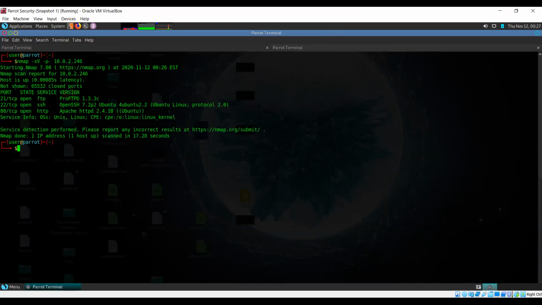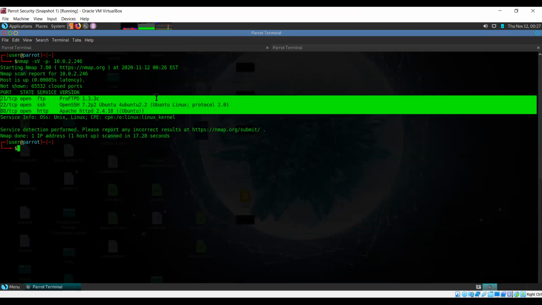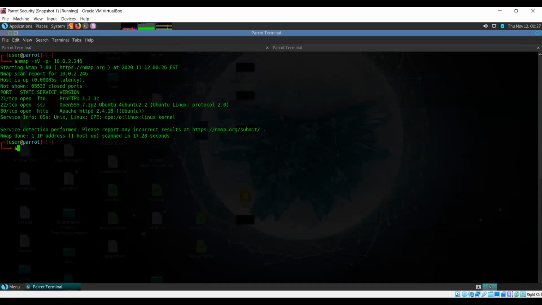So even for all ports, we only find that there are three ports open. So there's again FTP, SSH, and HTTP. Now for FTP, whenever you see there's FTP open, you can try to do an anonymous login. Let's try FTP. The command is simply you type ftp, so it will try to connect to an FTP server, and you specify the IP, 246. Port number I don't have to specify because it's running on the default port, which is 21. If that were not the case, I would have to specify the port number separately.